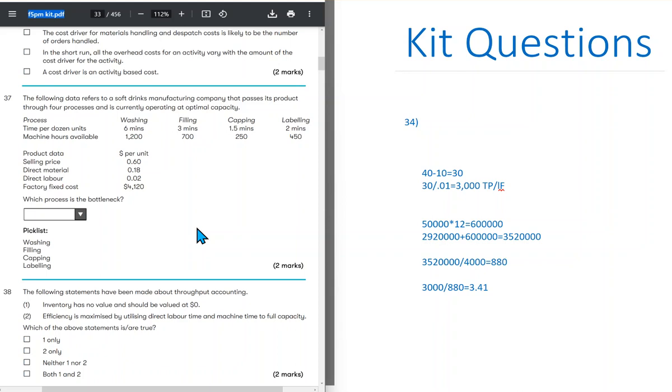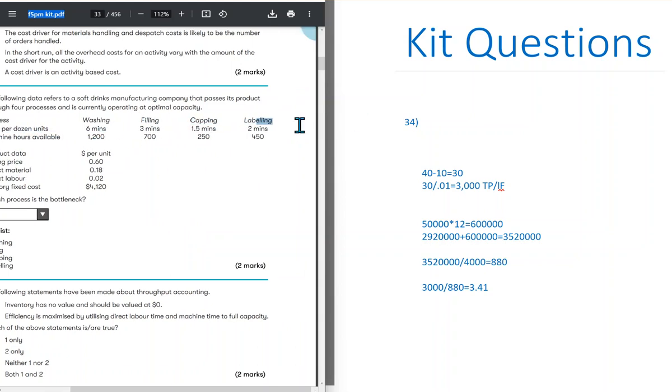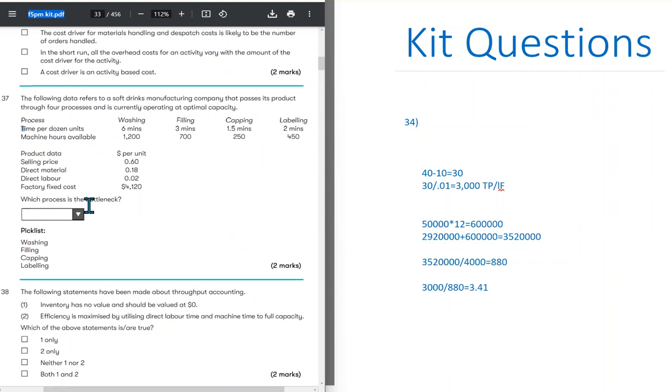Next, which process is the bottleneck? The following data refers to a soft drink manufacturer that passes its product through 4 processes and is currently operating at optimal capacity. We have the washing, filling, capping, and then labeling stage, the time per unit, and then the machine hours available. Remember, the hours available here is less, so it would seem like it is a bottleneck, but it doesn't have to be the bottleneck. And then cost data is given. But remember, they didn't ask us to find throughput or something. They just asked us to find